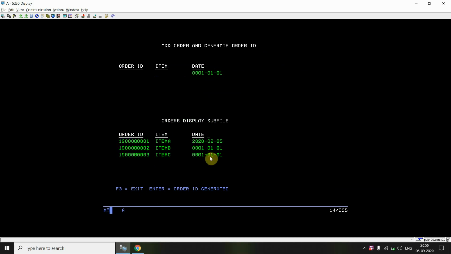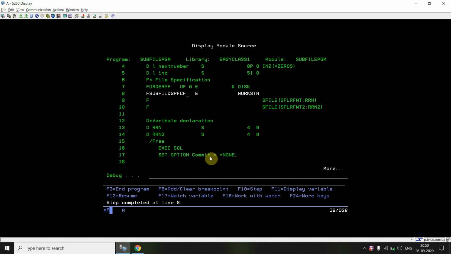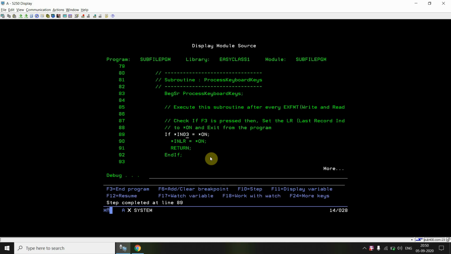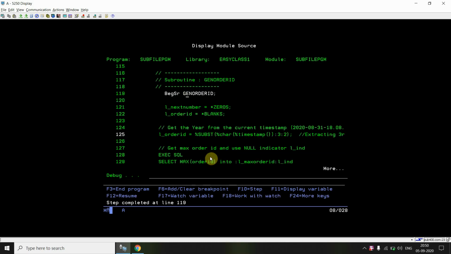Now if I add an item D, you can see the current year is 2020 and we have order IDs with the previous year, 19. I'm just simulating this so that in case you have the year 2021 next year, you will be getting the correct results.